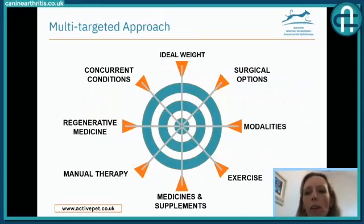We've had lots of speakers on CAM talking about all these different things. So there's lots of different ways that we can help, and actually it is a multi-targeted approach. A little bit of lots of things has a big effect overall. Probably one of the most important things is keeping your dog nice and slim and getting that weight off. So if your rehab practitioner doesn't know how to do it, then you need to contact your vets, and